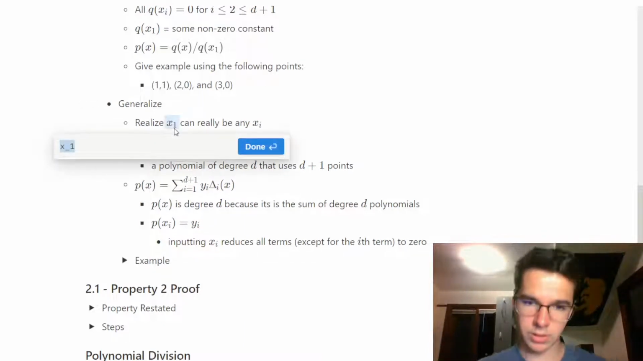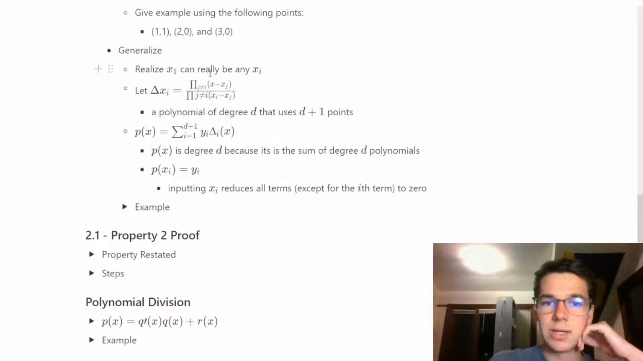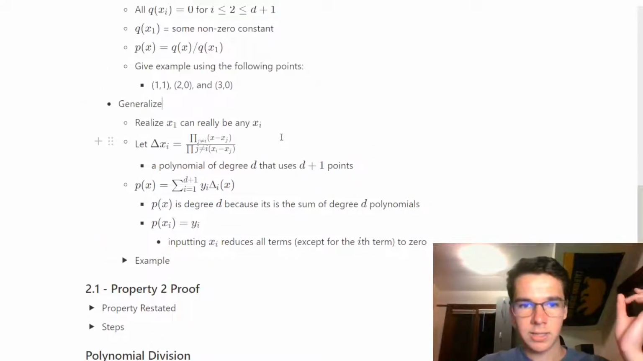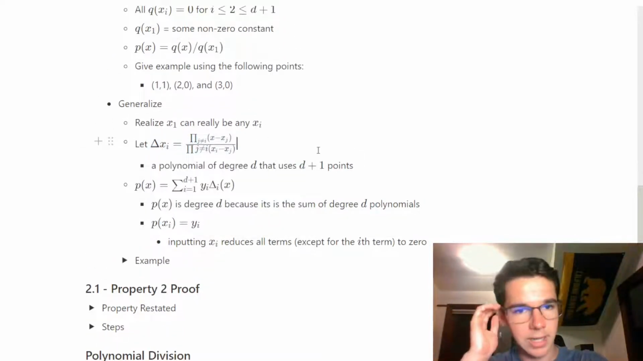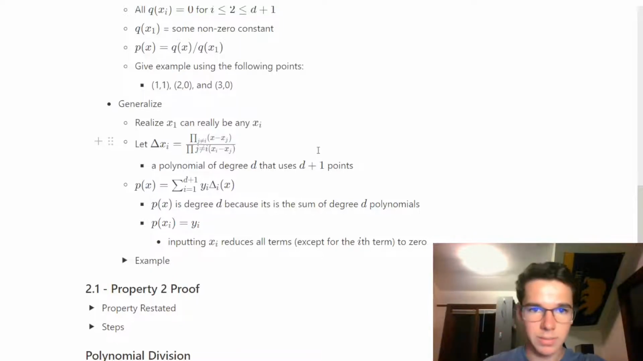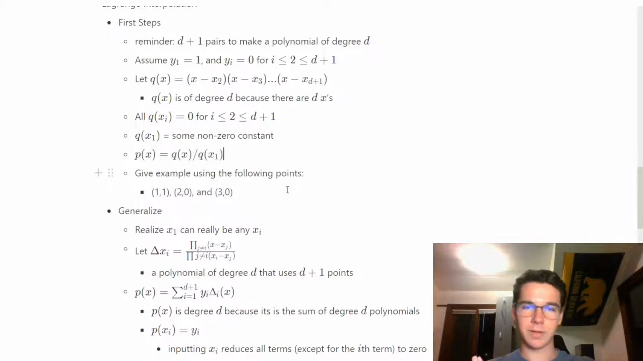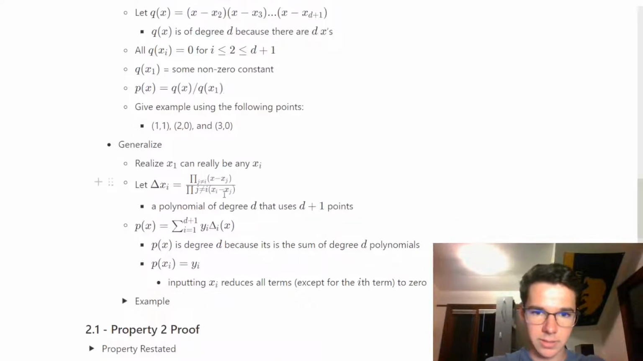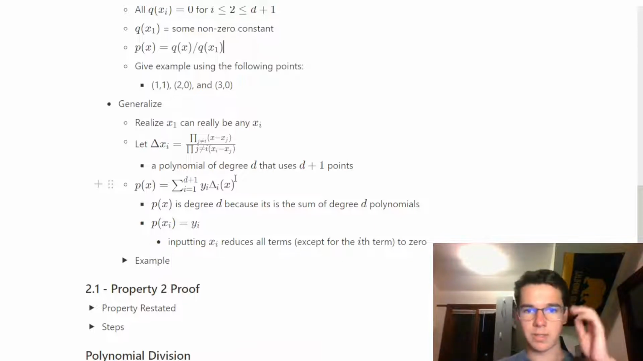So the next step is to generalize this, and the first step in doing that is realizing that x1 can actually be any xi. And we're going to create this expression, delta xi, which is going to be basically this, but we're going to do it from the point of view of a particular xi. So it's going to be the product of x minus all other x's, not xi, divided by the product of